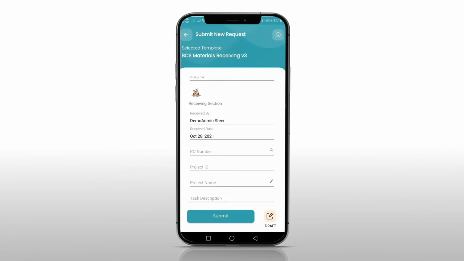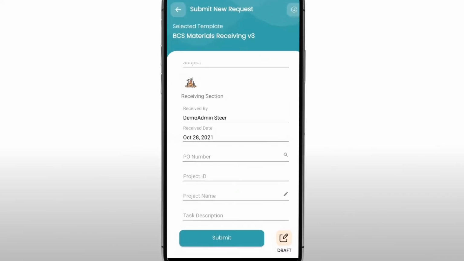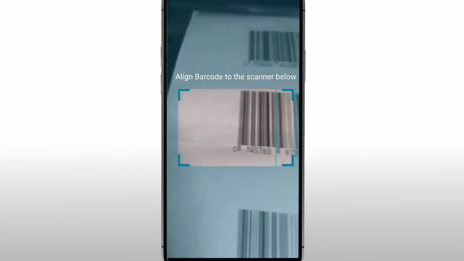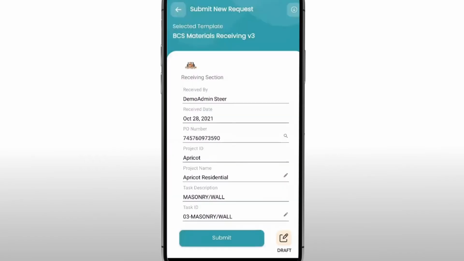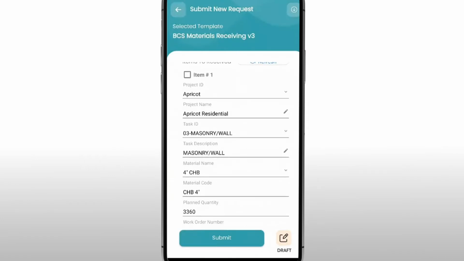The warehouse manager will most likely be using a tablet or mobile phone to access the Steer extension app. On reception, there are several ways you can receive the initial order: by looking up the PO number from the physical invoice, or by scanning the barcode or QR code from the invoice document. Doing so will bring up a checklist of the ordered materials, which you can use to inspect and approve the